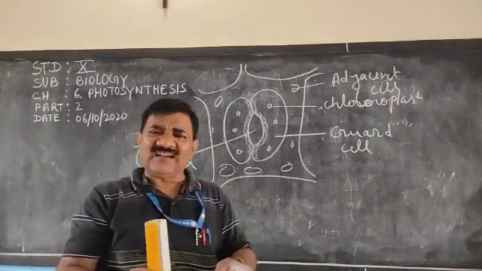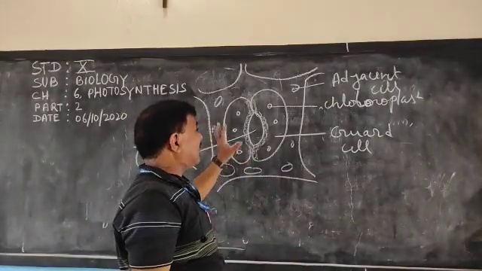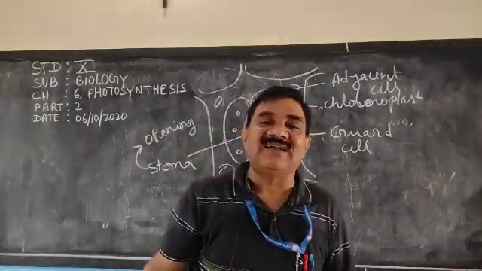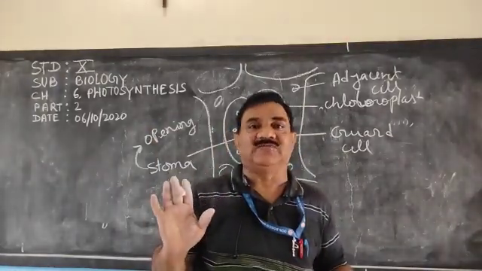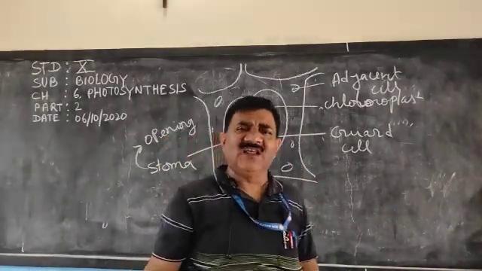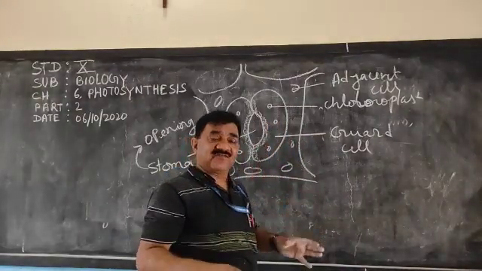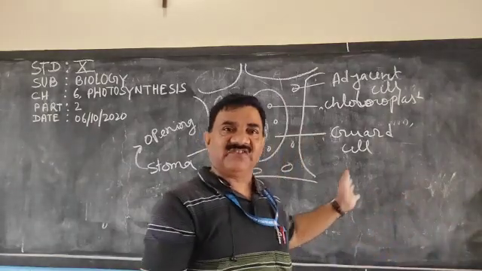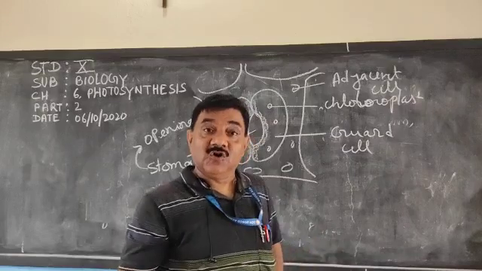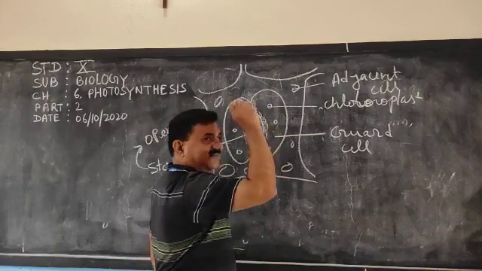Now, how a stomata opens and closes, that part is very, very important. We have heard that during daytime the stomata opens and during night time it closes. That is true. Opening of a stomata means what? This stoma will open, this pore will open. But how does it open? Is there any machine or battery that makes it open and close? No. Opening and closing of a stomata depends on the turgidity of the guard cell.